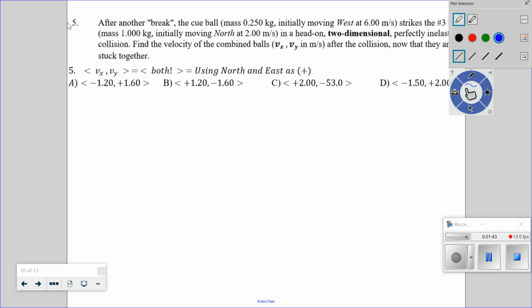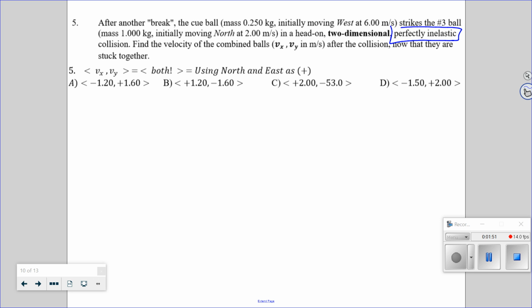Excellent. This is the one where they stick together. It's called perfectly inelastic. So you can highlight those words, and it indicates, again, they are stuck together. Those are the keywords I like to give, because it should be obvious that we always want to conserve momentum. So basically, every single problem